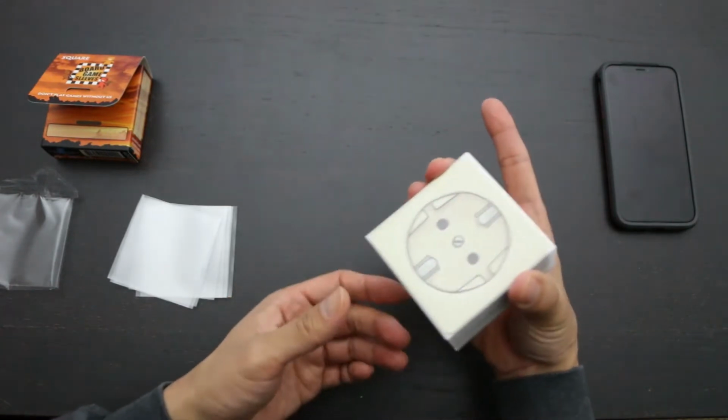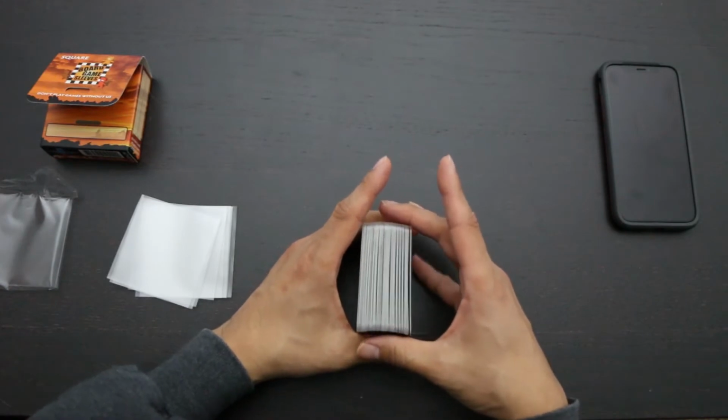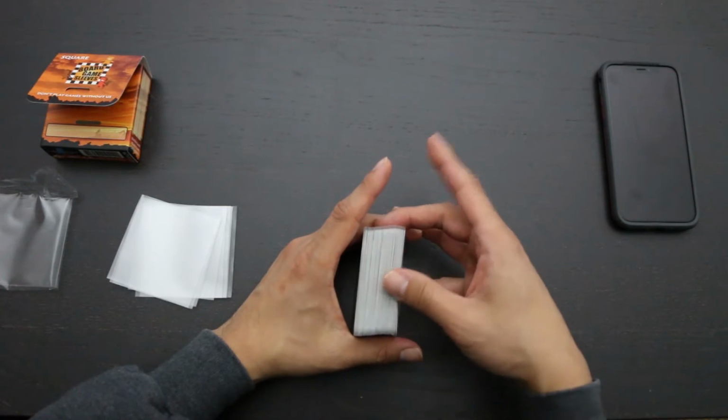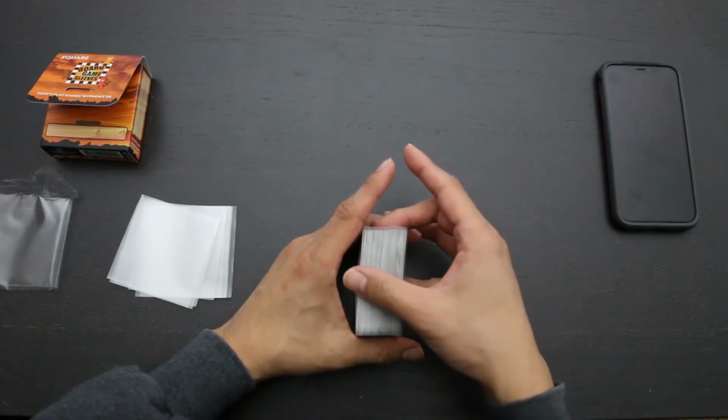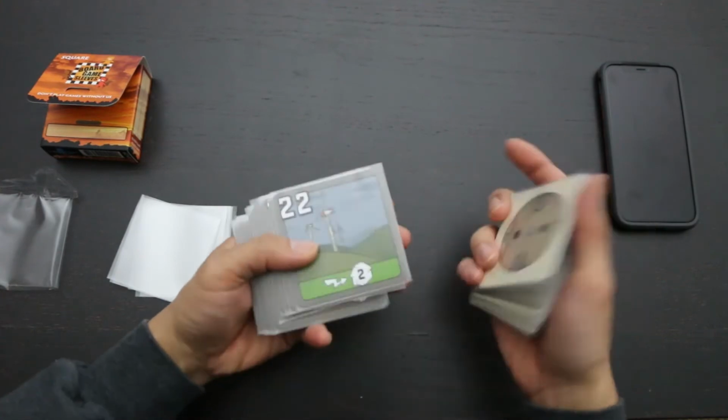But I didn't really have any problems putting any of these cards in the sleeves, and so I feel like there's just enough space that we don't have to worry about that. The top edge of the card is perfectly uniform, so we don't have to worry about any differences in terms of their height. I do notice that some of the sleeves do have some warping straight out of the pack,